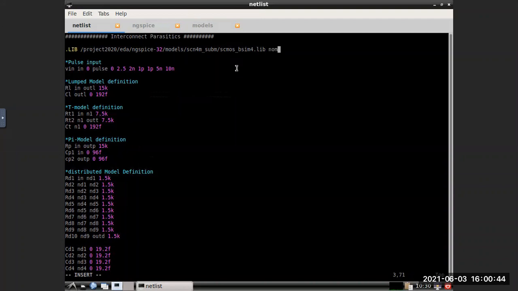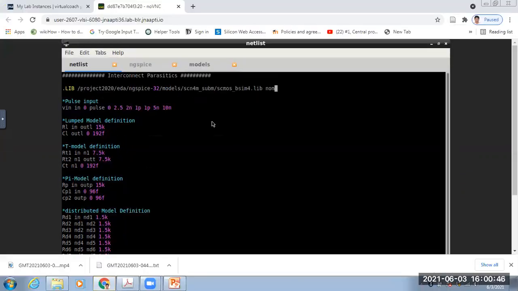Because there is no resistor models here. So there is some other problem. I'll check that. Okay, temperature we can give. Temperature, okay. So inside this temperature also there.